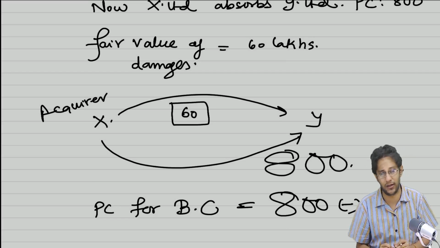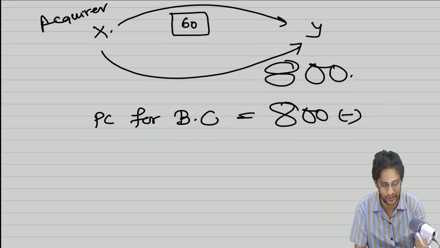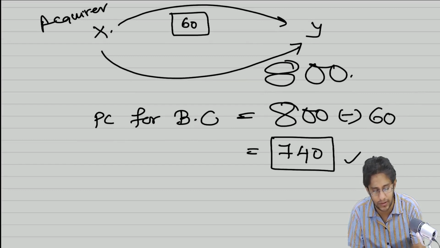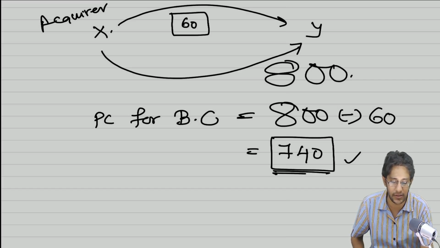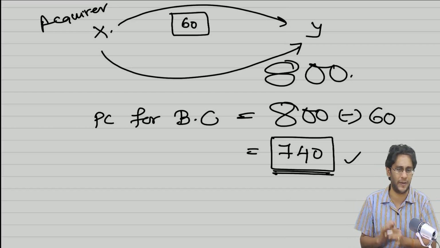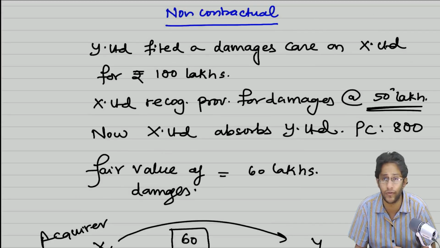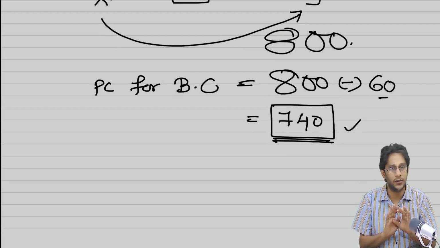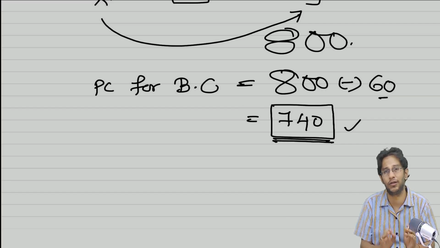So we believe that in your 800 lakhs, 60 lakh rupees we are paying towards damages. So 800 minus 60, effectively 740 lakhs only is your PC. So your entire goodwill calculation will happen only with the amount of 740. 60 lakhs is what you are accounting for your damage settlement. Ind AS 37 will apply. Already you created a provision of 50 lakhs. Now you are settling that at 60 lakhs. So the extra 10 lakhs is debited to P&L account and paid to bank. That's it. But towards BC, entire Ind AS 103 accounting, you have to consider PC as only 740.